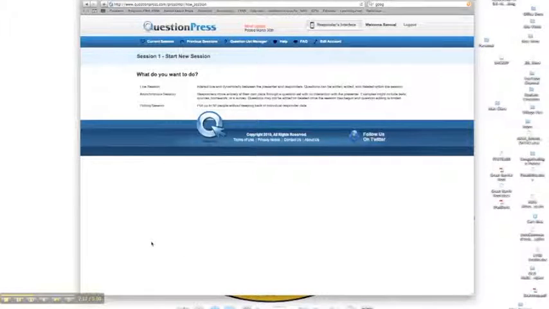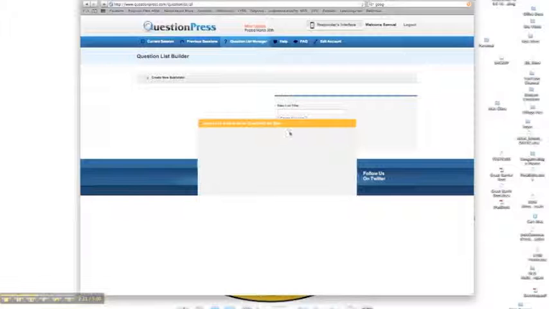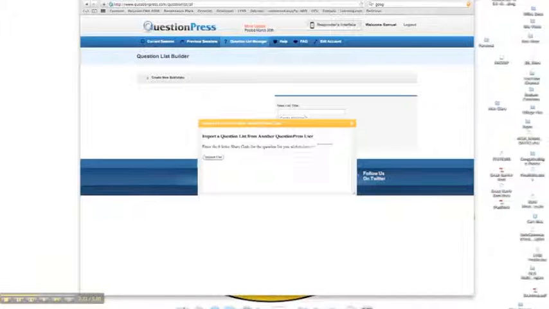So here we are. We can create a new session. Let's do a new asynchronous session, live session, or polling session. Before we do anything else, I'm going to go ahead and build in some question lists, some sample tests that we can do. And I'll go ahead and import from another QuestionPress user, because if I import from another QuestionPress user, then I can take the code that they might have used on their quiz, like for example, a code that I happen to have here, which is RRJPGZ,